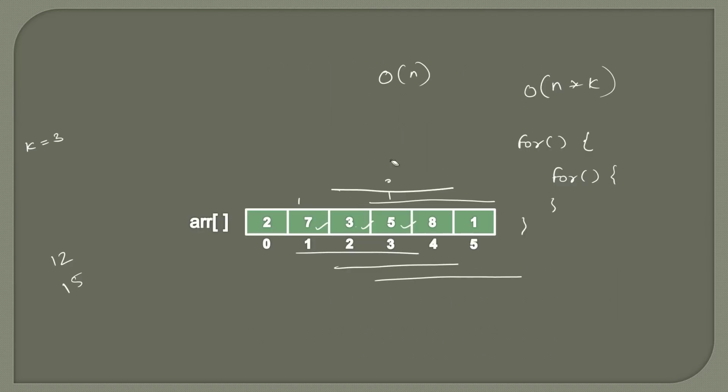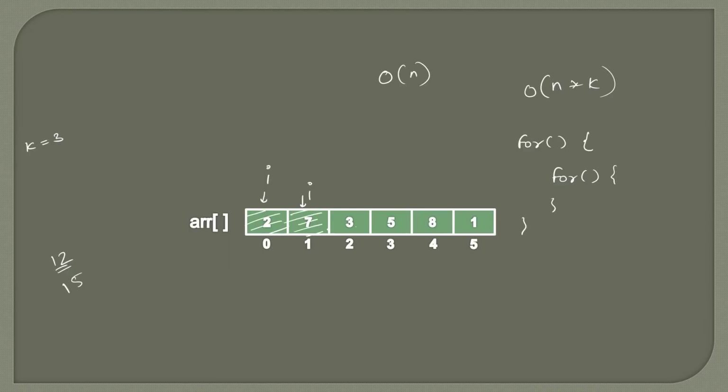So if I remove everything. Here with this approach, I was here and then we picked 3 elements, did their sum, and then we moved I here and we then picked the 3 elements. Here if you see that for the first sliding window, 7 and 3 were part of the sum. For the next sliding window, 7 and 3 were part of the sum again, and only 5 was included and 2 was excluded.